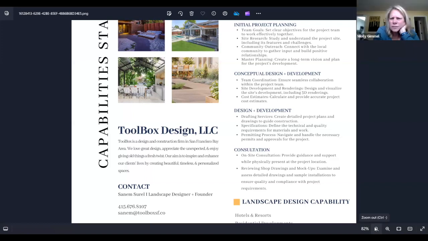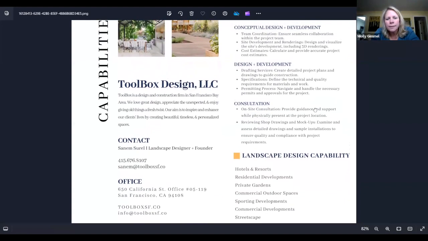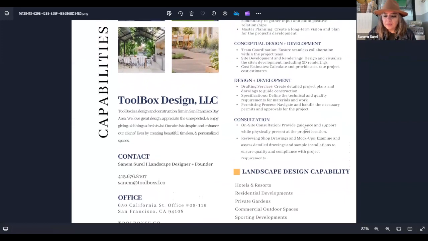I see. I think it's just a little bit confusing because I'm not sure if you're talking about just general design or landscape design. Under where you have contact, it has landscape designer and founder. So that makes it sound like you're primarily talking about landscape design. I'll change every wording like landscape design to the same wording constantly. So I think that will be helpful. Yeah, just